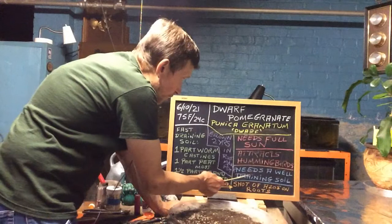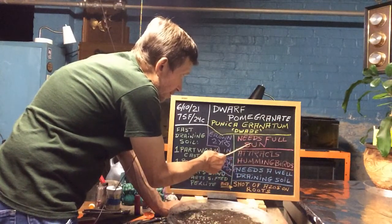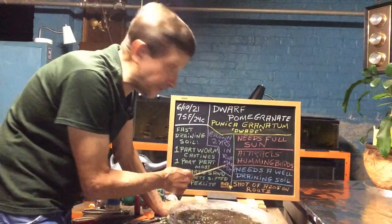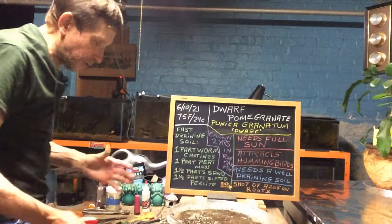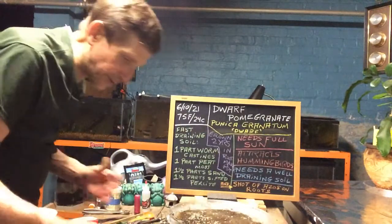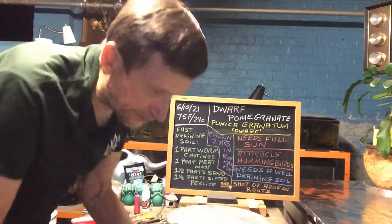Now this needs a well draining soil. It needs full sun. If you have it in partial shade, it'll suffer. It attracts hummingbirds. It overwinters, but it's slow to come back. Sometimes it starts growing in the wintertime and all the shade and stuff, but, well,